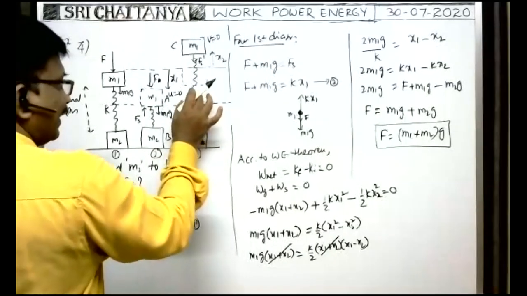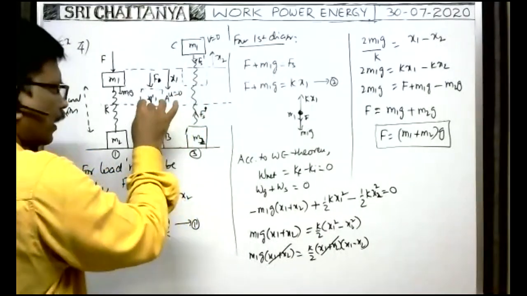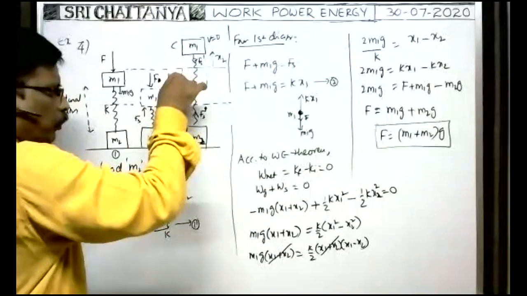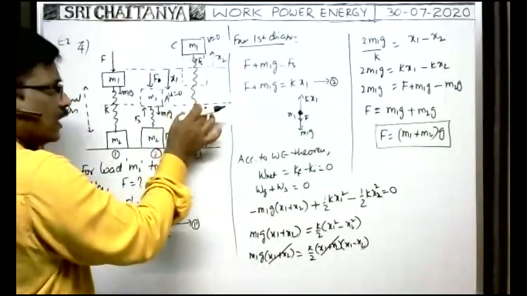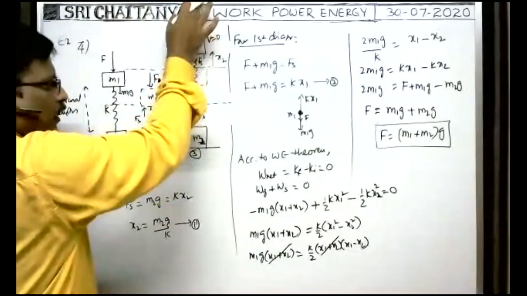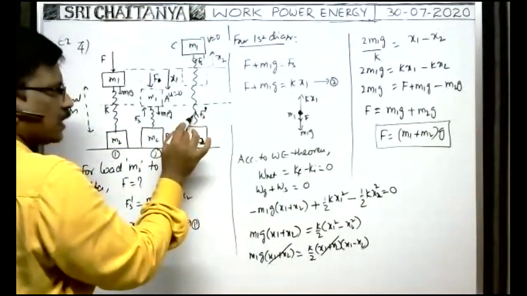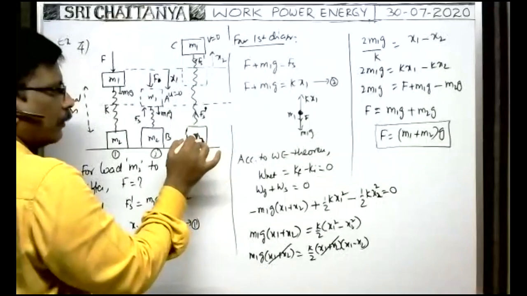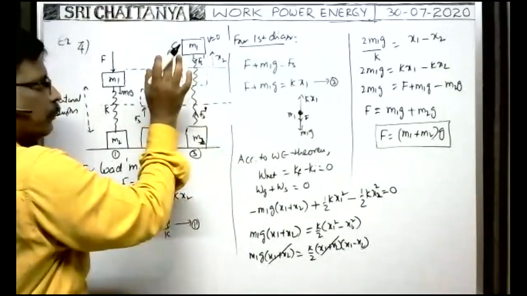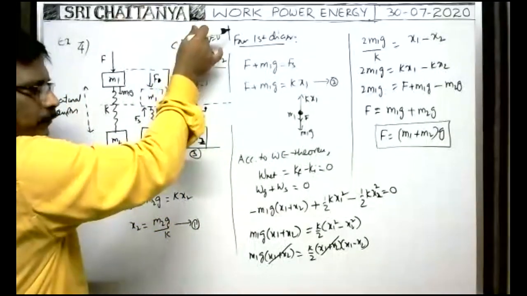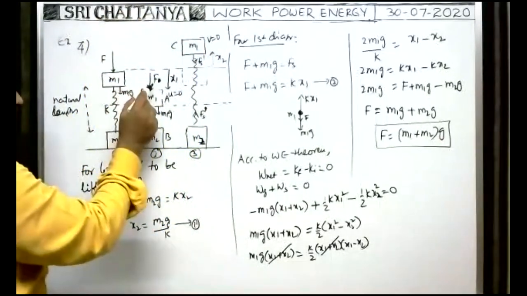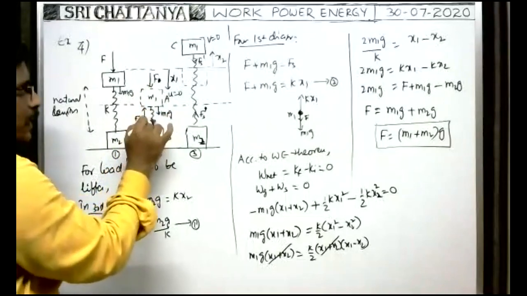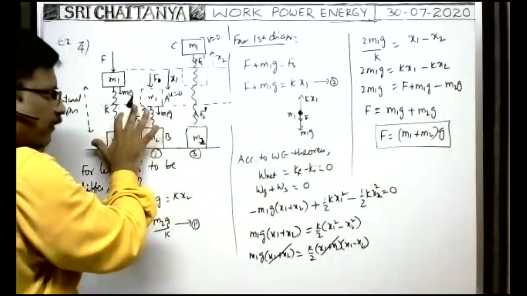That means whenever there is compression, the spring force pushes the block m2 downwards. There is no lifting. Whenever the spring is extended like this, the spring force developed on the spring pushes the block m2 upwards. That's why it must be extended above the natural length. Because we push the block downwards with a force F, the spring is compressed by length x1. And when it is released,